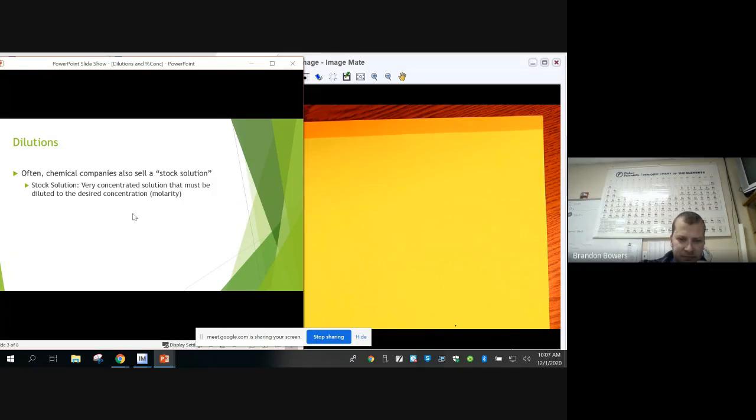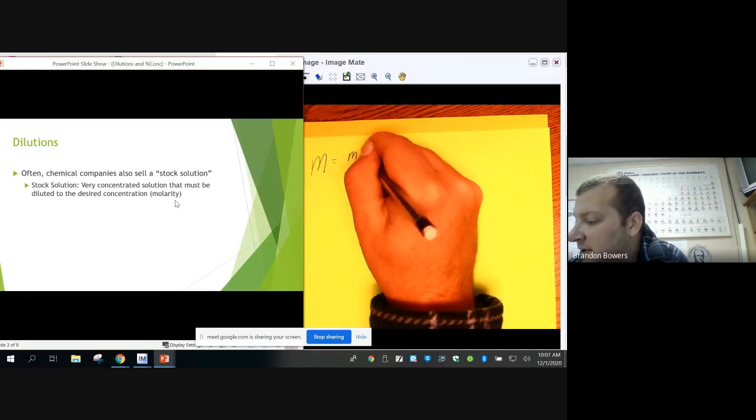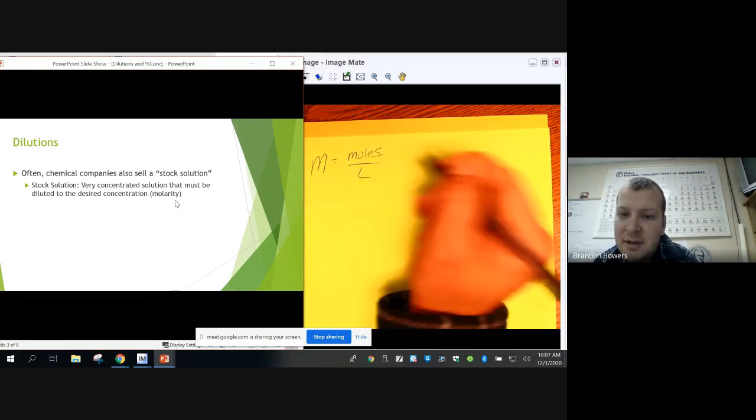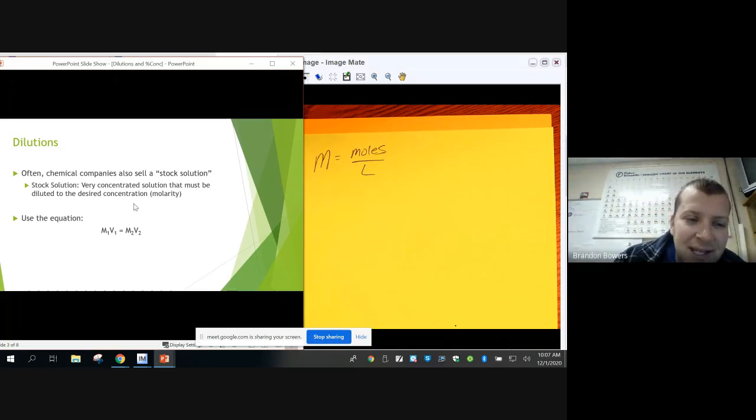And this is what we talked about. Oftentimes companies sell a very, very concentrated solution, and it must be diluted to a less concentrated one, which is molarity. So we are analyzing molarity today. Hopefully we remember from last week that molarity is equal to moles over liters. But today, calculating dilutions,